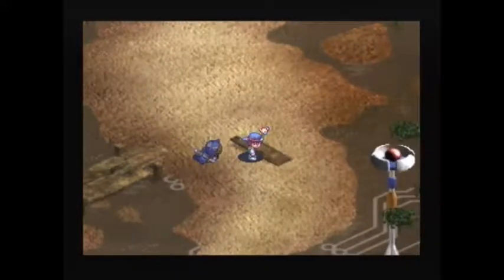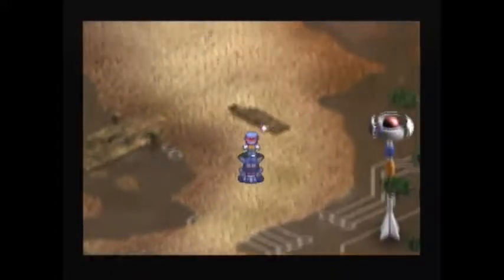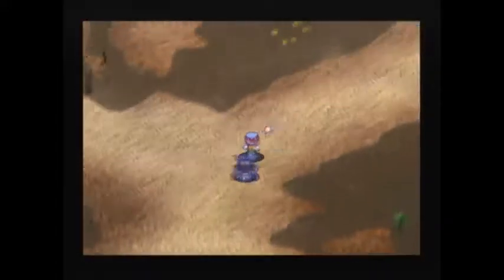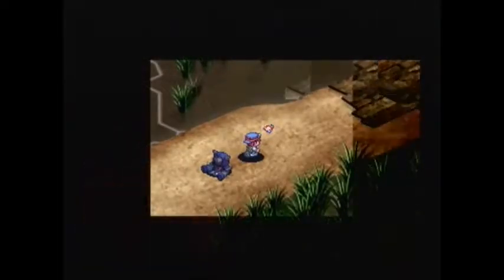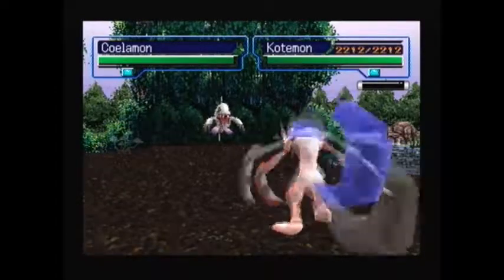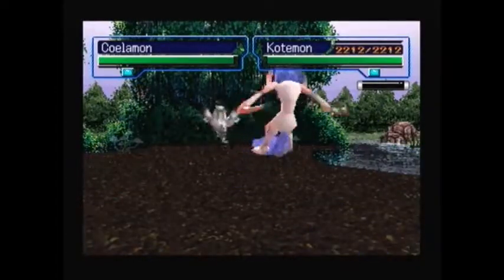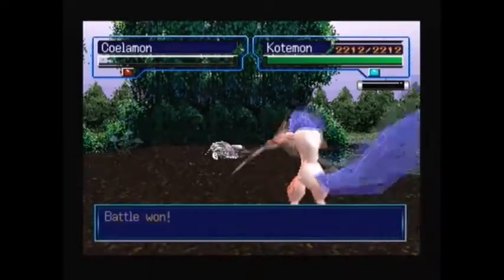And I have a vague recollection of there being an item. Okay, I already collected that one, it seems. So we're on our way back to the east sector to the protocol ruins in search of Baronmon, in search for a bomb that can enable us to obtain the Digi-Egg that enables us to summon,